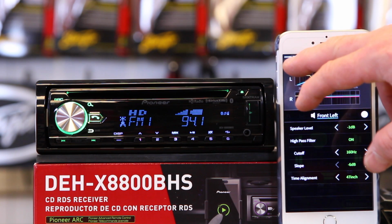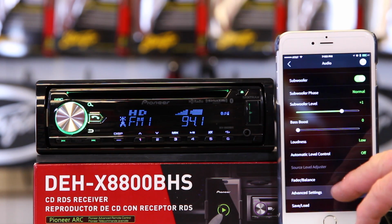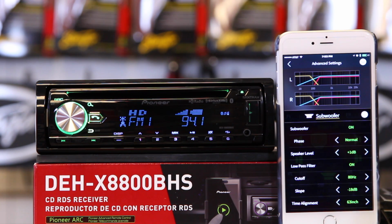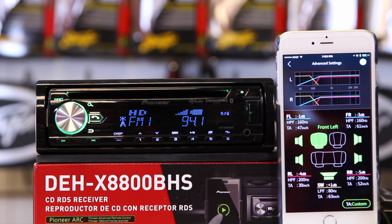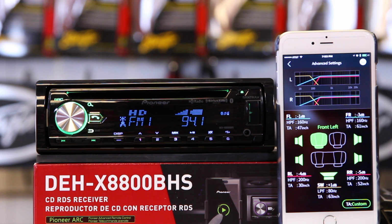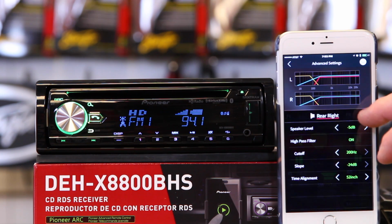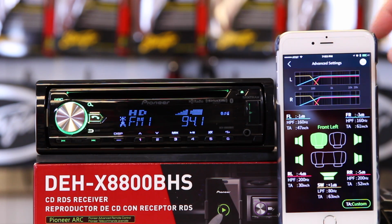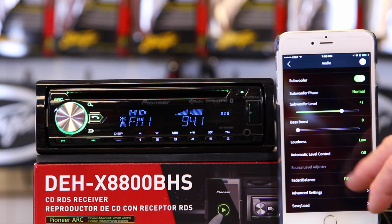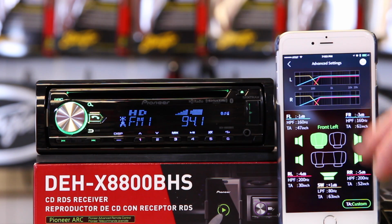When you're done, you just click the back arrow. Sorry, when you're done, you can move on to any other ones. So you can do your subwoofer, do the passenger front, and of course all your rears. Then touch the back arrow. You can also come into your advanced settings